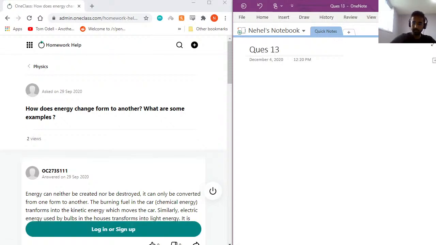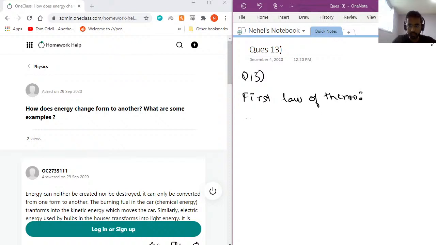Question number 13. How does energy change from one form to another? What are some examples? So, if you know the first law of thermodynamics, it essentially states that energy can neither be created nor be destroyed. It can only be transformed from one form to another. So the key word here is the word transformed. So for question 13, according to the first law of thermodynamics,